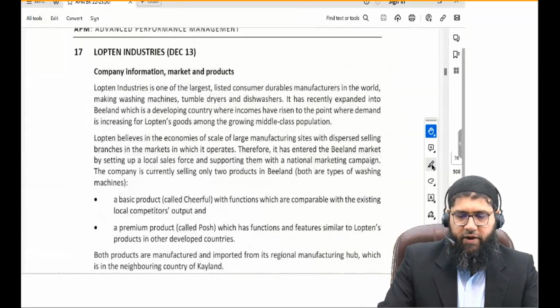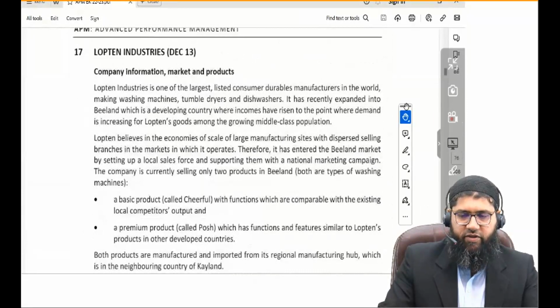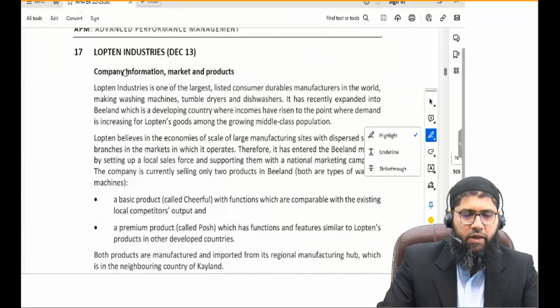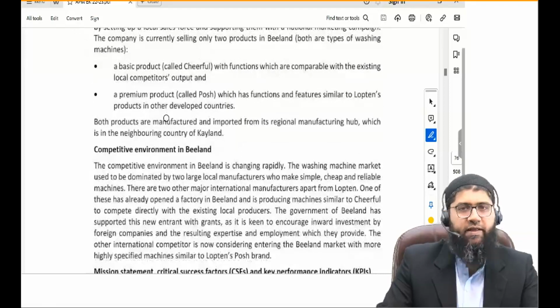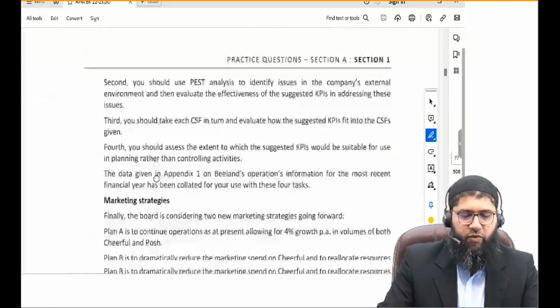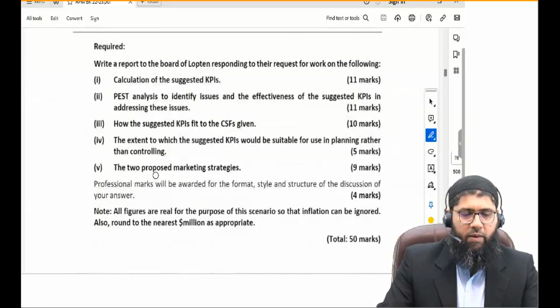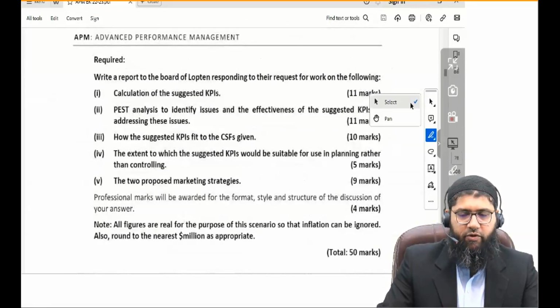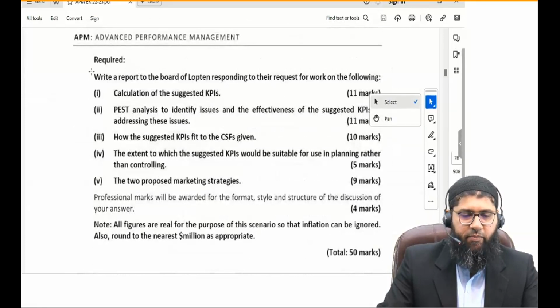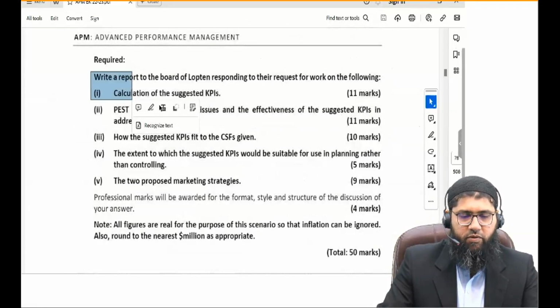Okay, with respect to Lupton Industries, it gives the company information, market, and the products. This is the detail that has been given to you. Plus, they have given you the requirements of the question. It says write a report,